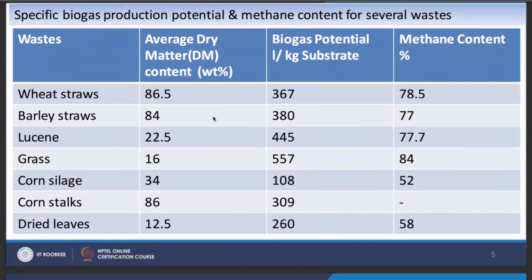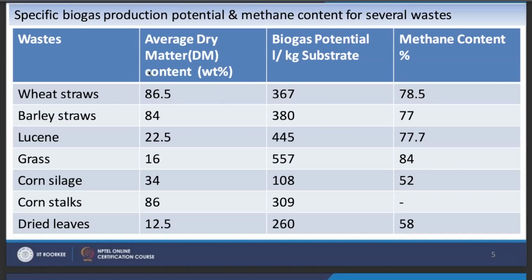It will vary and it will completely depend upon the conditions in which you are calculating these units. Also, the type of raw material you are inputting for the anaerobic digestion process. For example, if I'm saying wheat straws, even in the wheat straws, there are different varieties of it, difference in the constituent of wheat within the wheat straw. Hence, these percentage are just for you to understand and get some idea to what to expect from such waste